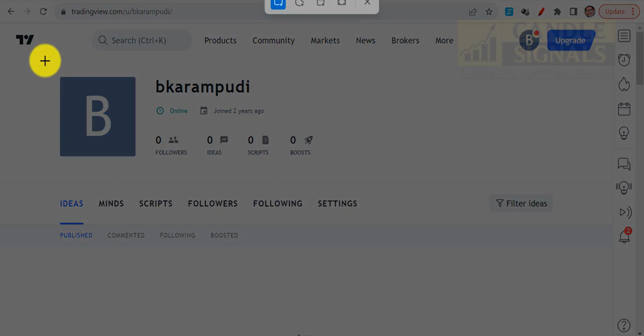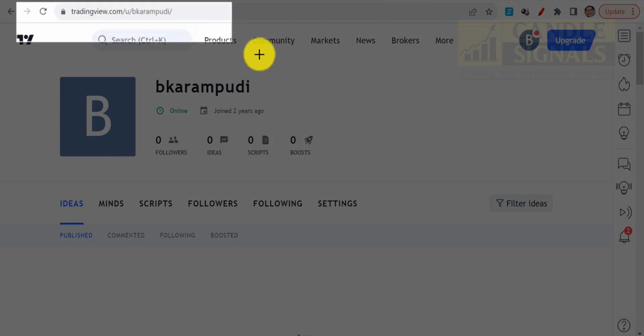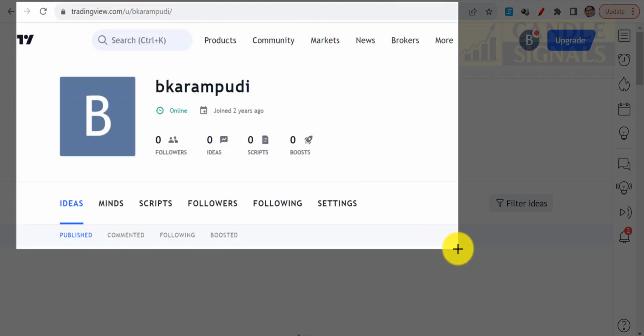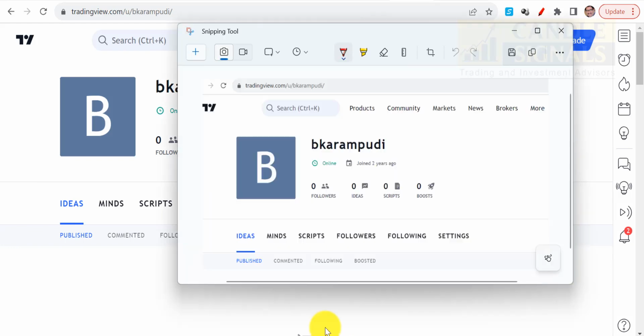Just take a screenshot of this, like this. Take the screenshot, and this you send it to us on the email as an attachment. That's all we need. Got it? Once you send these three, in about 2 to 3 hours time, maximum half a day time, my team will activate your access to Akshay